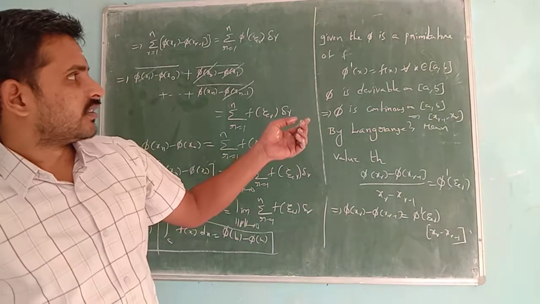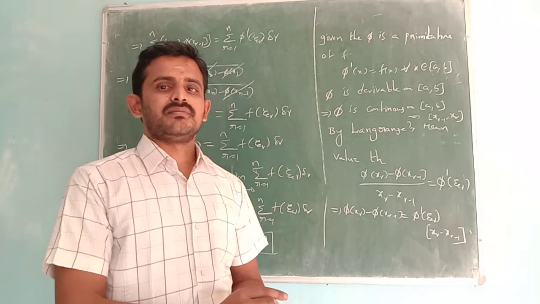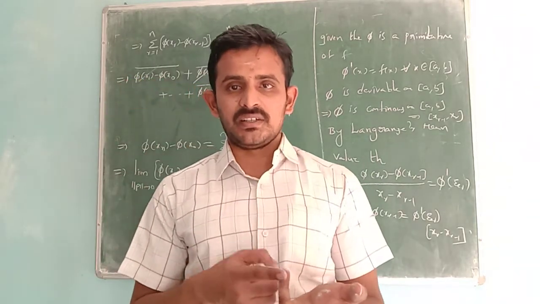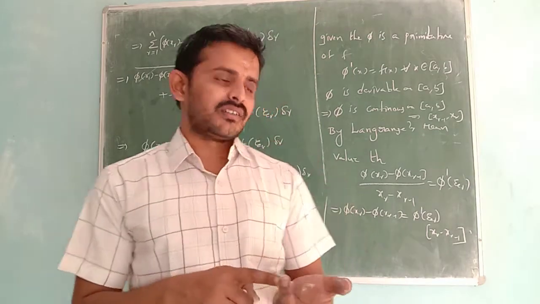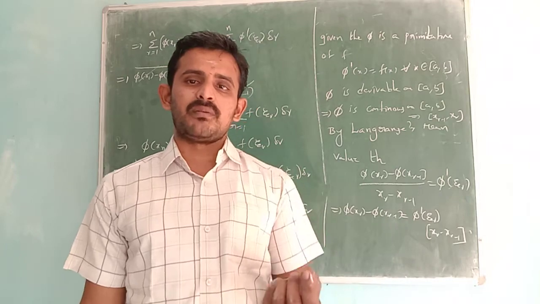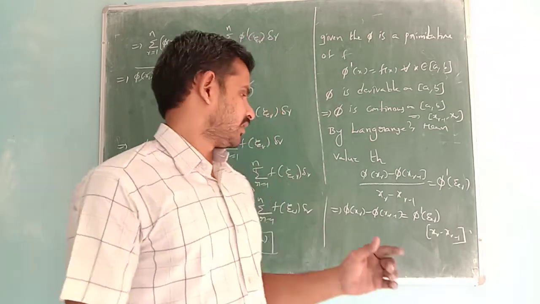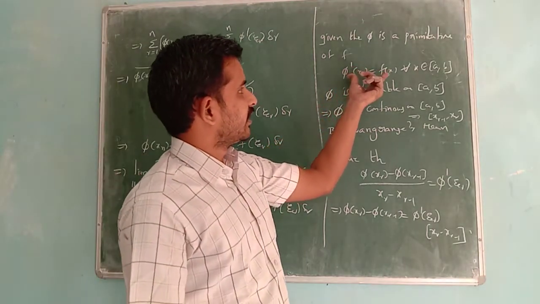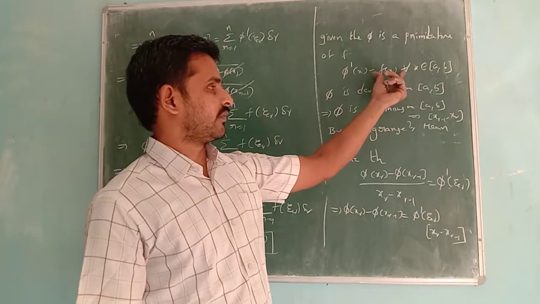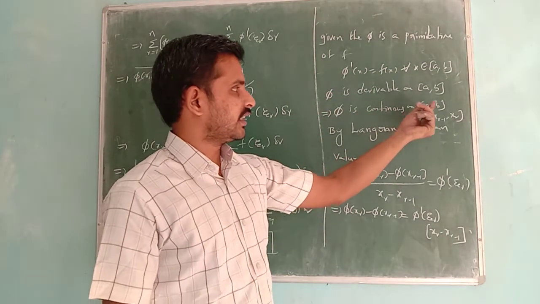Okay. In any theorem, first we have to write the definitions in that theorem. So what are they given? F is Riemann integrable. So by the definition of Riemann integrability, what is the definition? The integral from a to b of f of x dx is equal to the limit as p tends to 0 of sigma, r running from 1 to n, f of xi_r delta r. Next, what are they given? Phi is a primitive of f, which means phi dash of x equals f of x. Therefore phi is derivable, which implies phi is continuous on the closed interval [a, b].